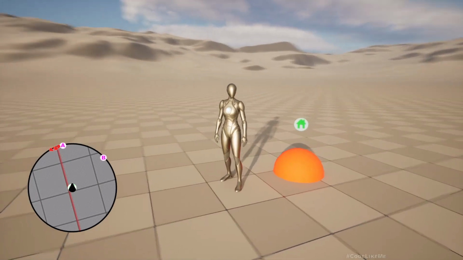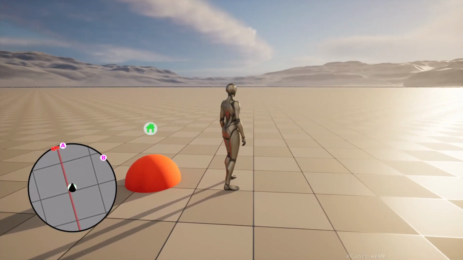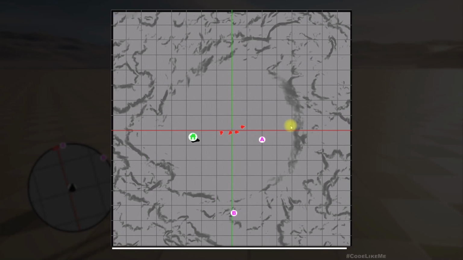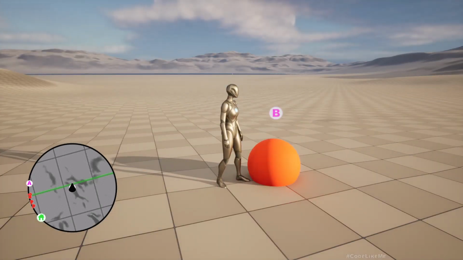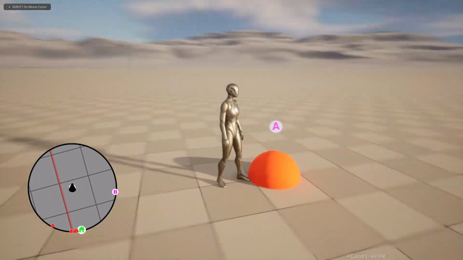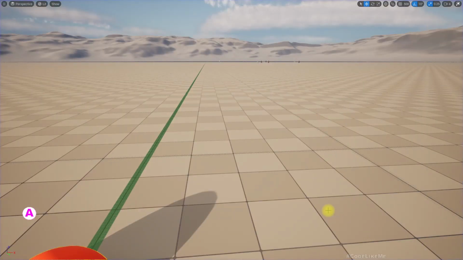And we don't really see anything else. So here we have something. Let's open the map again. Select B, fast travel. Now we are at B. Select A, fast travel. Now we are at A. Okay, but